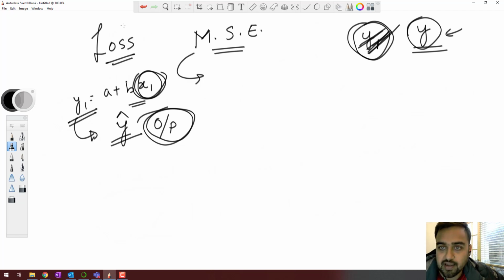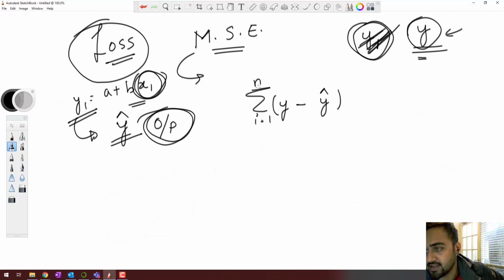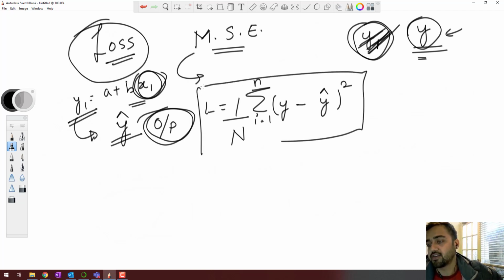So what a loss function calculates is how far is our output from the necessary required output. So that is basically, how do we find the difference? We subtract these two, right? Now we want the mean squared error. What mean squared error does is, it takes for each sample from 1 to n, let's say there are n samples, it finds the square of the difference between the output of your algorithm and the output required and takes the mean of it, right? This becomes your loss function,